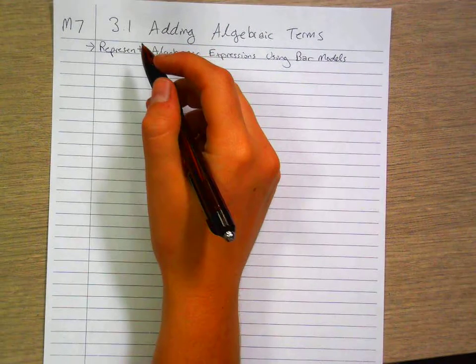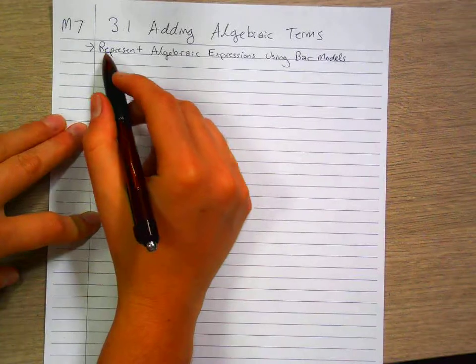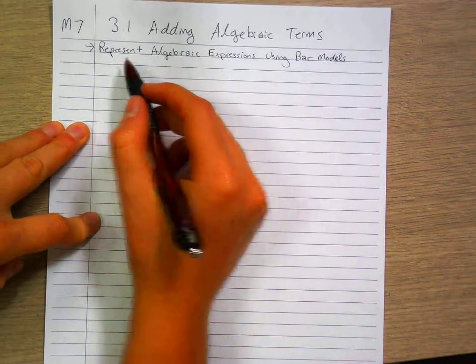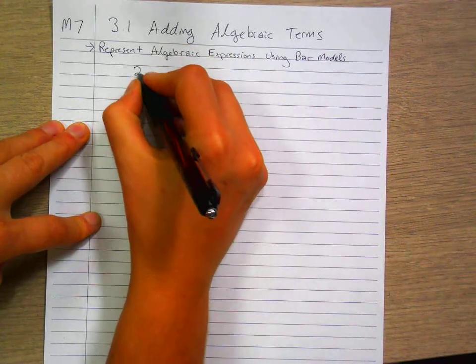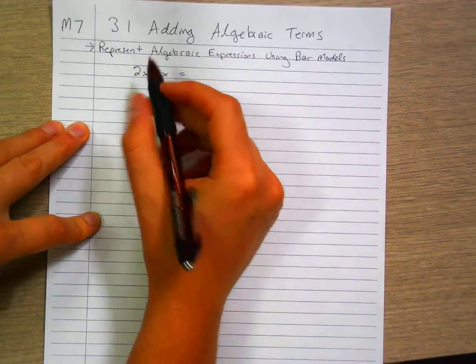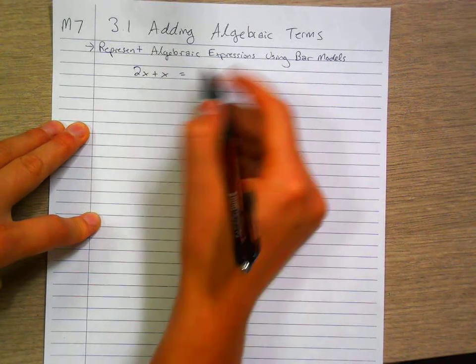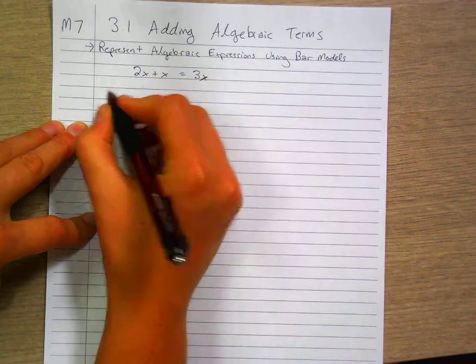Math 7, Section 3.1, Adding Algebraic Terms. First, we are going to learn how to represent algebraic expressions using bar models. So we can do algebra like 2x plus x, we've seen that, and you can add the like terms. So this is a 2, this has an understood 1, so it becomes 3x. But let's try to represent it in a different way to see if it helps us to understand things that